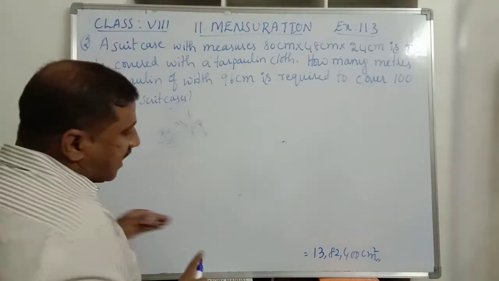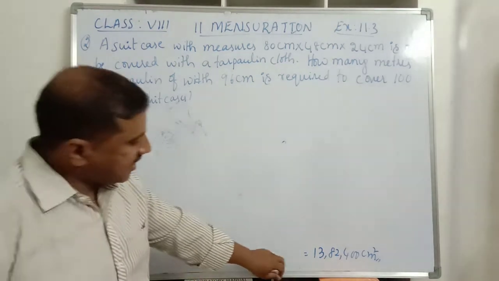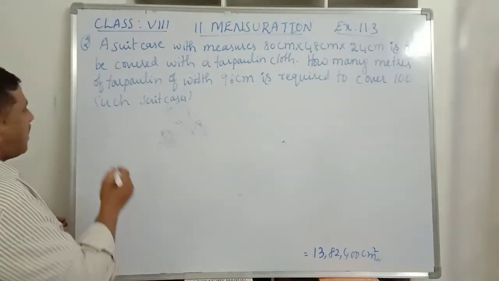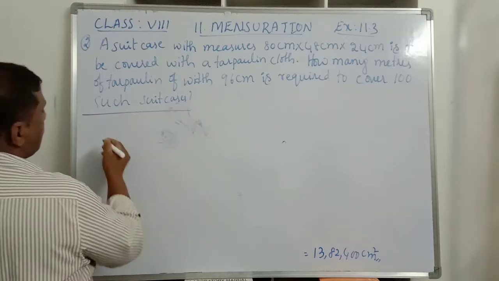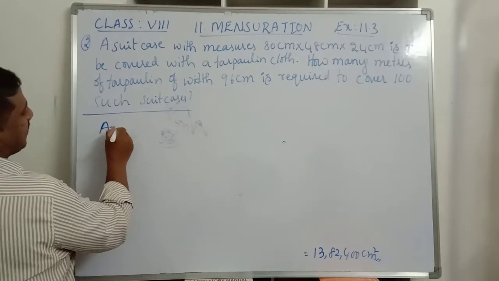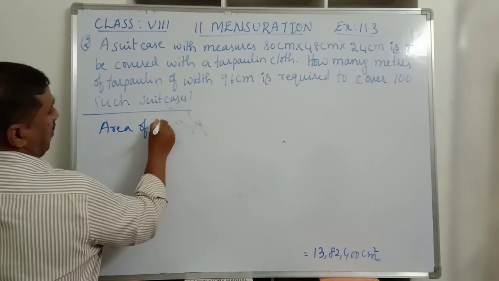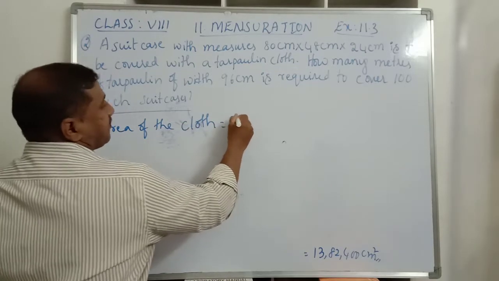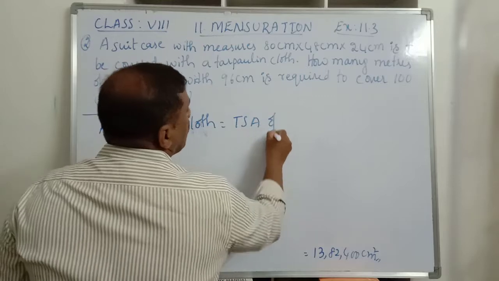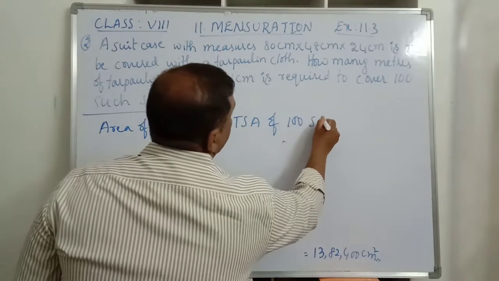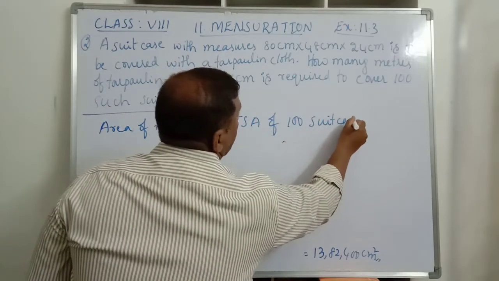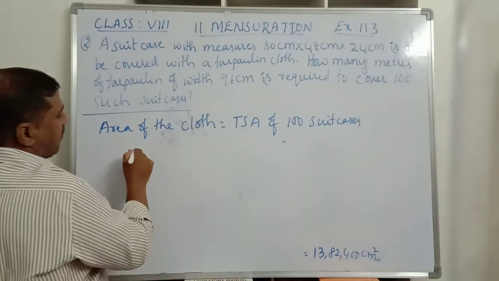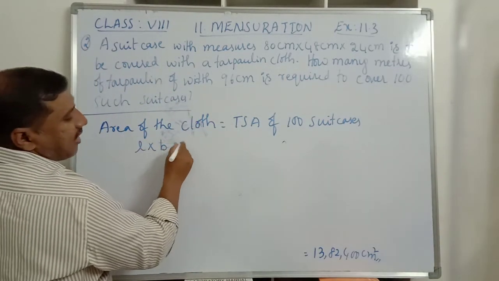Now we got the area of the 100 suitcases is 13,82,400 centimeter square. Continuation we will do here. That is, area of the cloth required is equal to the TSA, the total surface area of 100 suitcases. So the area of the cloth, which is in the rectangular shape, is length into breadth or length into width,